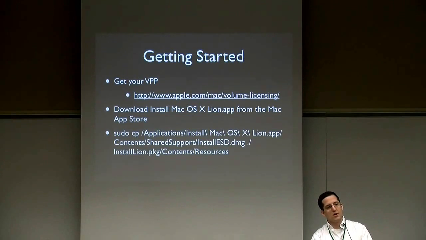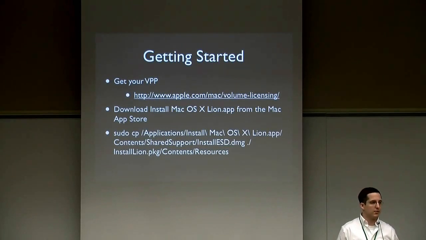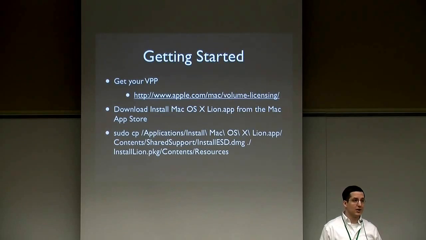So let's get started. The first thing you want to do is download your VPP, which is volume licensing. If you don't want to deploy Lion with a personal Apple ID, if it goes to Internet Recovery, you're going to get a phone call asking for your Apple ID, and you really don't want to do that. So come up with an institutional Apple ID, go get your volume licensing. Once you download the app from the App Store,